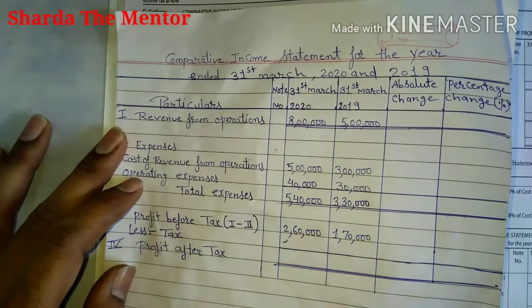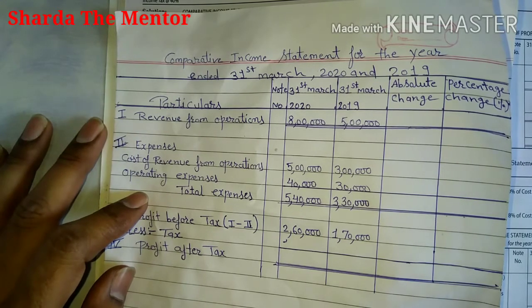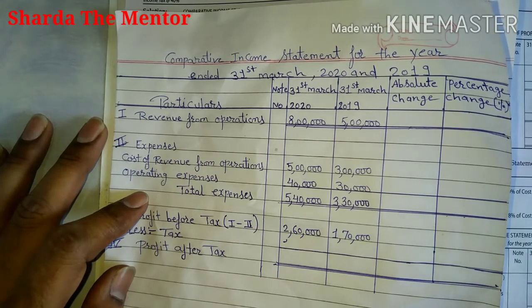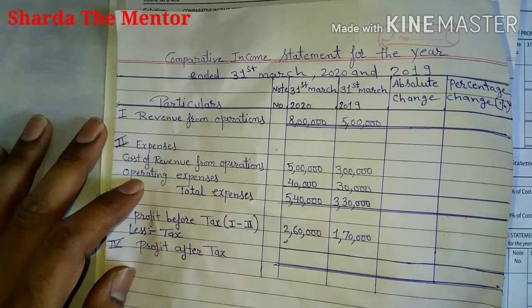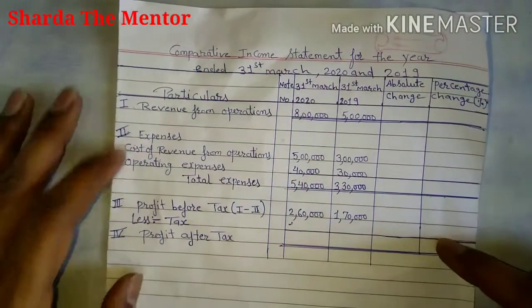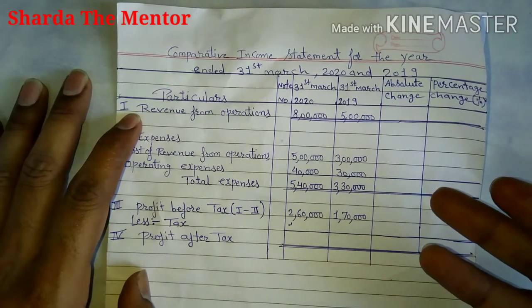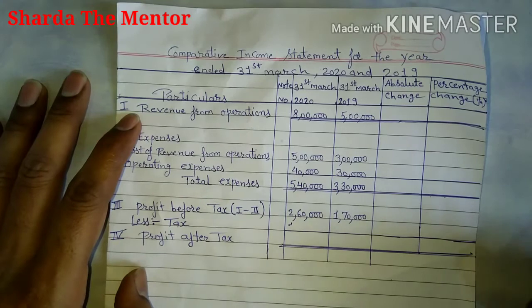Now here in this question you won't mention direct expenses. Direct expenses are not mentioned here because when we talk about cost of revenue from operation, we already studied in the 11th class that when cost of revenue from operation is given in the question, we won't mention direct expenses because these are already included in that. That's why we are not mentioning direct expenses here. So now when you want to solve this question, first you have to mention revenue from operation, whatever income is given, and in that question other income is not given, so we are not mentioning it here.